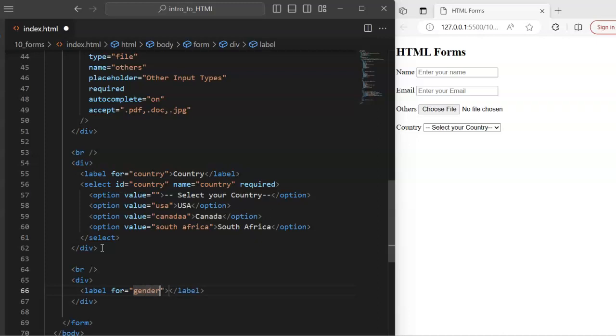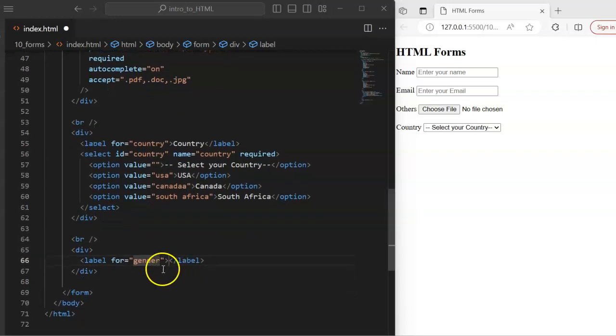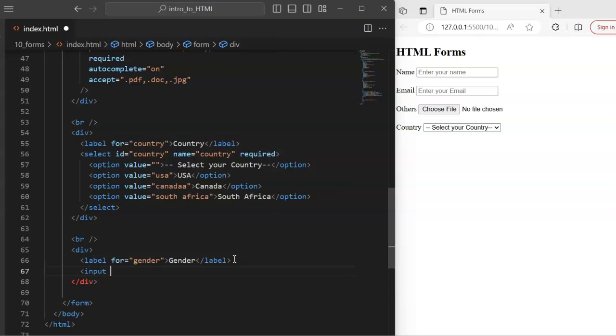let's say we want the user to enter their gender. So we are going to be specifying gender here, so gender of the user. In there, it's still going to be an input field. It's just that the type will not be number, will not be text, will not be file. It's going to be type of radio, where the user is able to select just one option out of the other listed